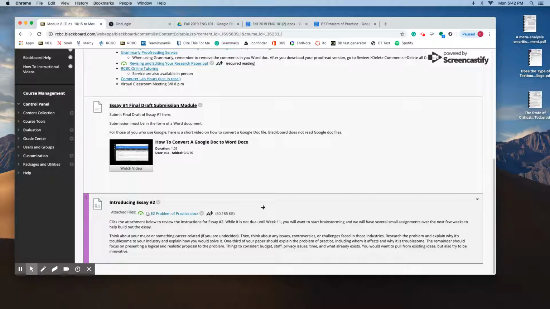About a third of the paper should be discussing the problem, who it affects, why it's a problem. But the 2/3 of it, you're really going to use some critical thinking and get creative and create a proposal to solve that problem. And it needs to be realistic, it needs to be logical, but it needs to be tangible. You need to be able to go to a committee. So imagine you take this document and you go to a committee and say, hey, let's do this. And they're able to go ahead and do that.